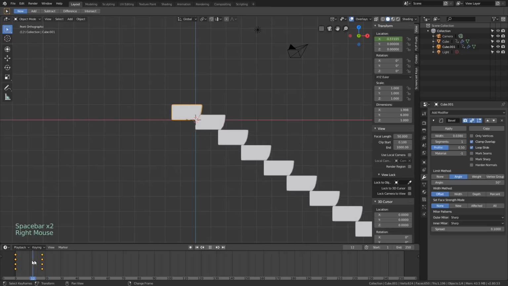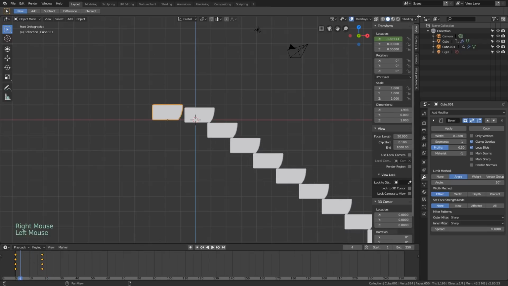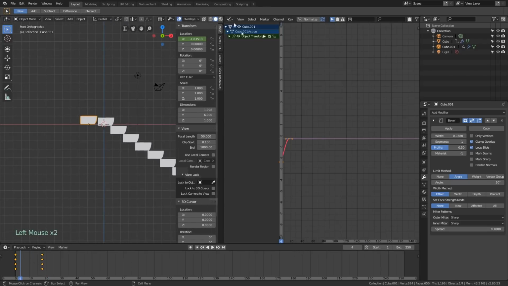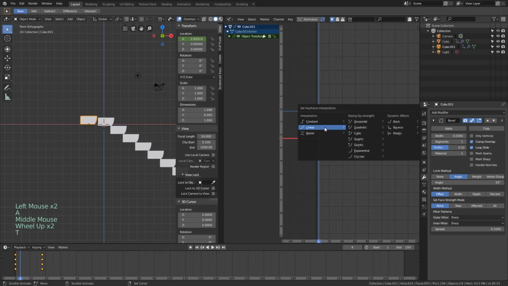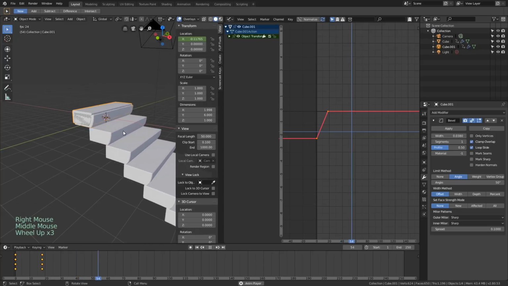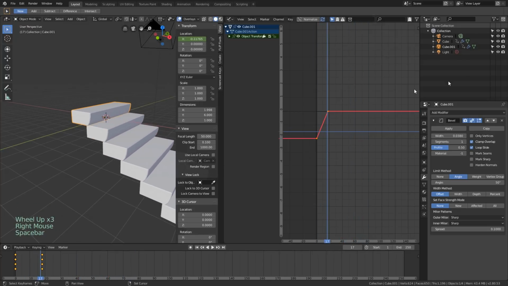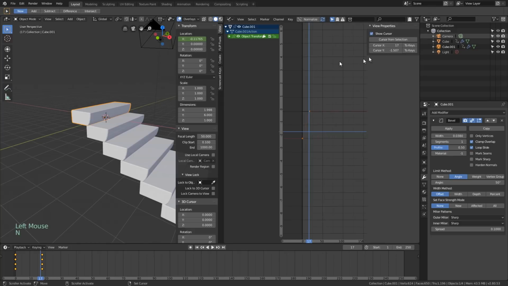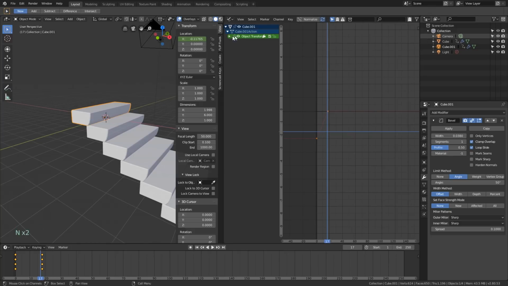And then it's not lining up because it's got that same effect going on. So let's change this back to graph editor and press T to change that to linear. So now we're getting pretty much what we want. And then of course we need to duplicate it. So let's do the same thing in our modifiers.